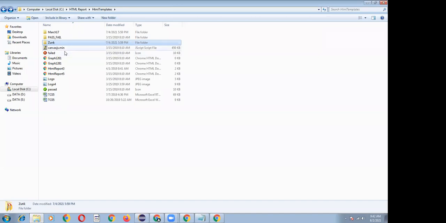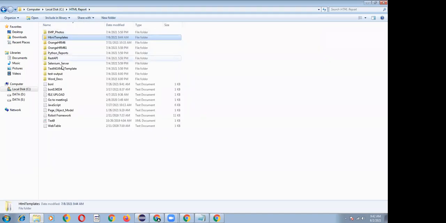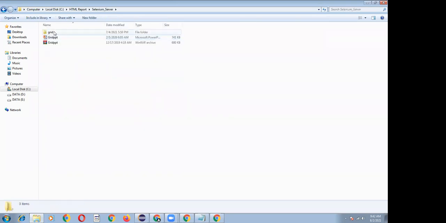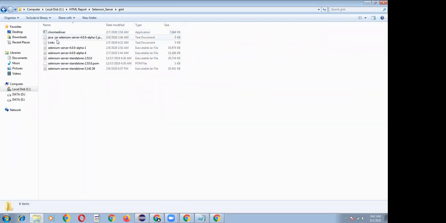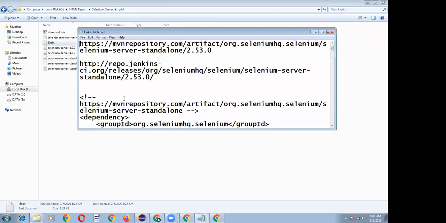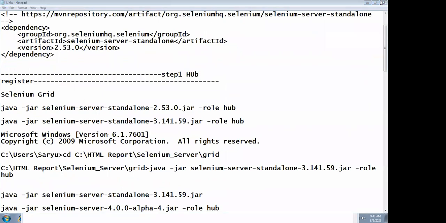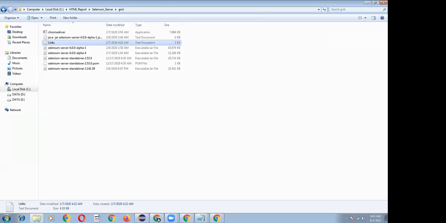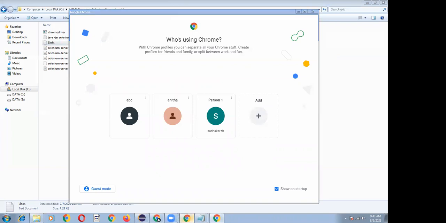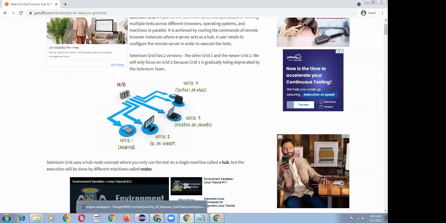One second. To implement the Selenium Grid, what are the steps we have to follow? So the first step is, one second, I will show you that part, that notepad.